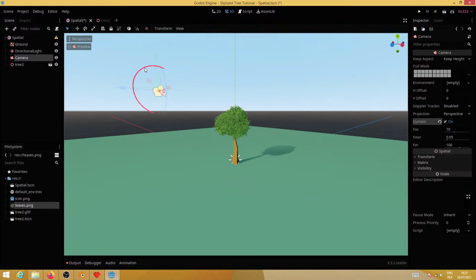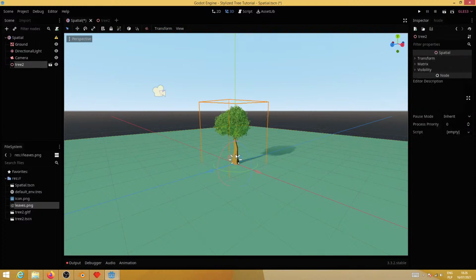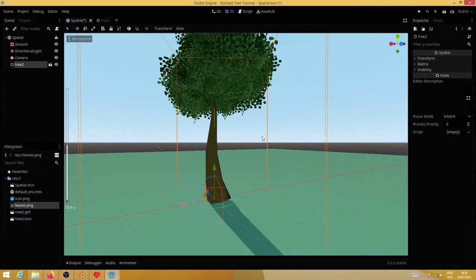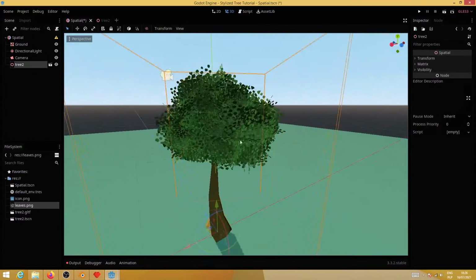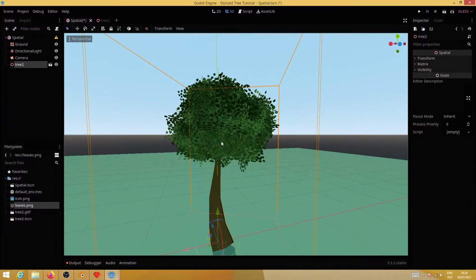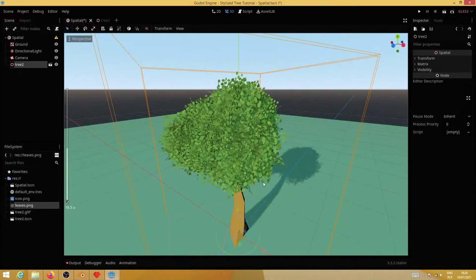Yeah, that looks okay. Maybe rotate the tree itself as well. Okay, but as you can see here now, there is this weird problem where the leaves are very dark and some of them are very white, because of how it works